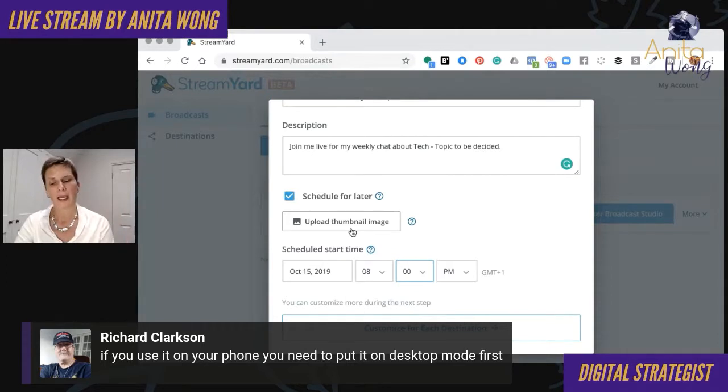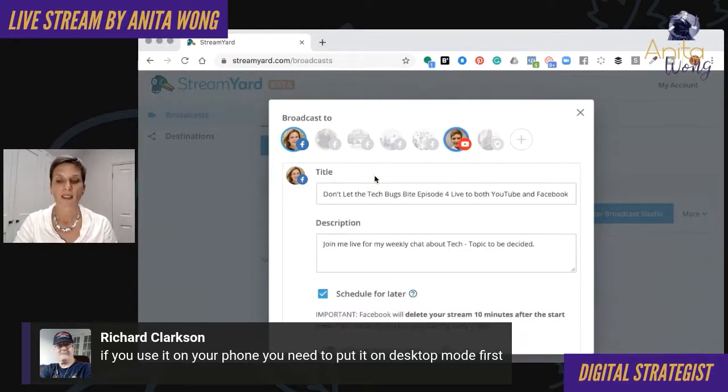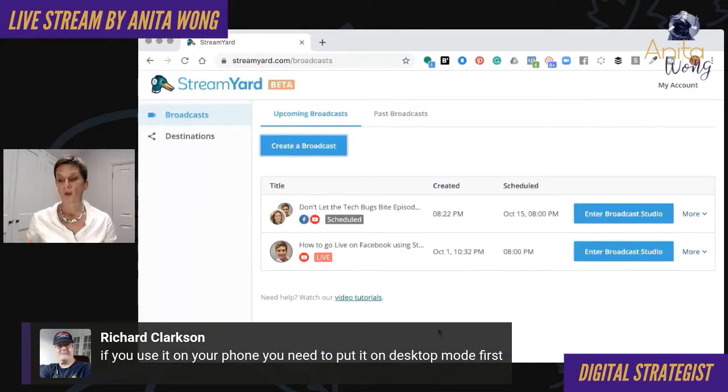You can upload a thumbnail image. So if you want to prepare that, you can. Obviously, that's a standard YouTube size thumbnail because it's going to show up on YouTube. I'm not going to put one on at the moment. I'm just going to show you how to do this. Then customize for each destination. So we already chose Facebook and YouTube. At the moment, I've got the same description. If I wanted to, I could click on that and change that to say just on Facebook if I wanted to. But I'm going to leave it like that for now until we're sorted. So once you're happy, you create the broadcast